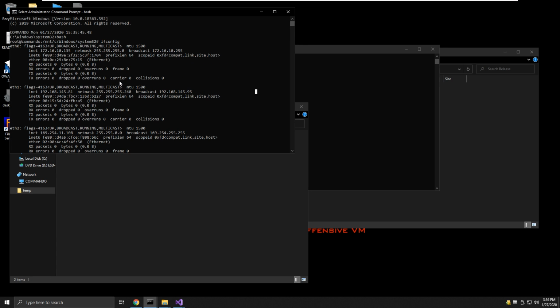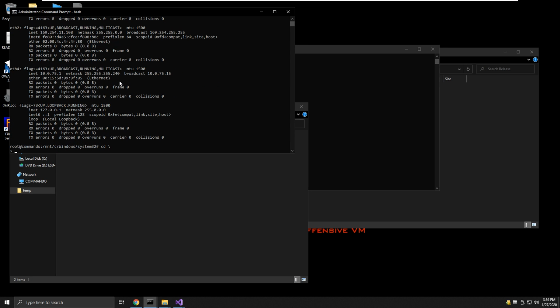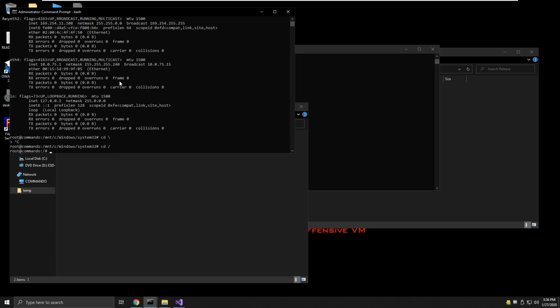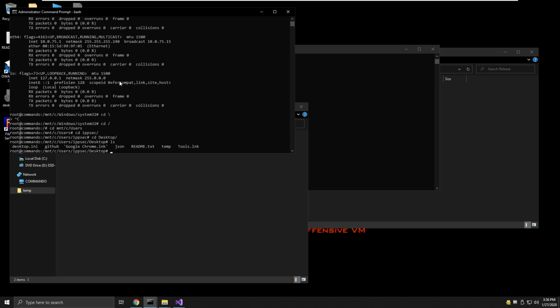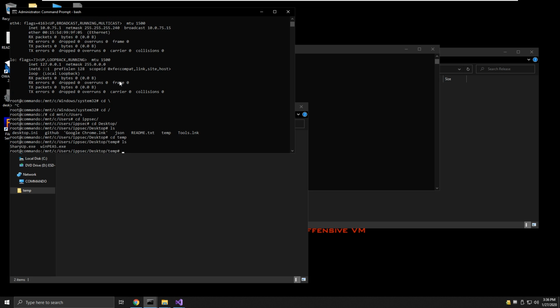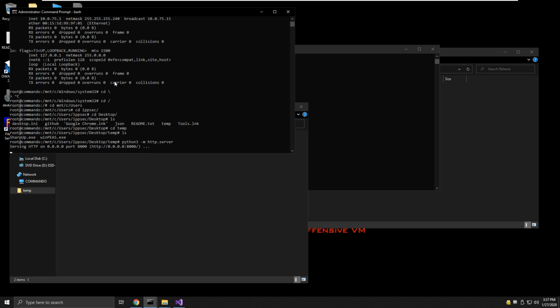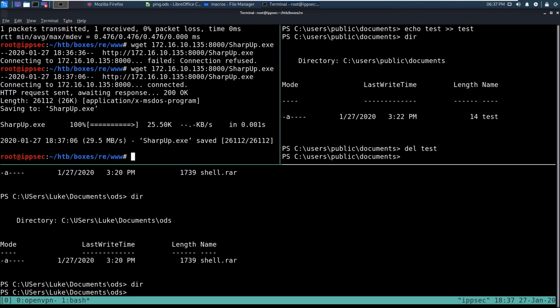I'm just going to do this in bash. It's going to be funny when this works. Mount C users ipsec desktop temp, python3 -m htb.server. Okay. Yep, that works. It's funny that running bash on Windows is working better than the command prompt, but